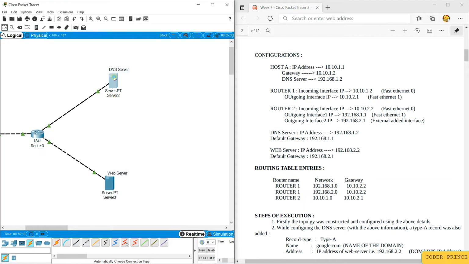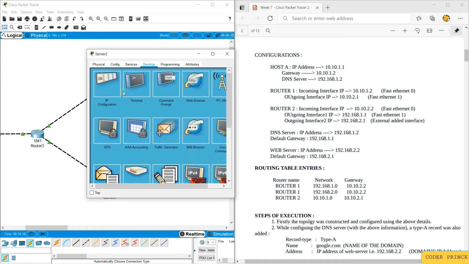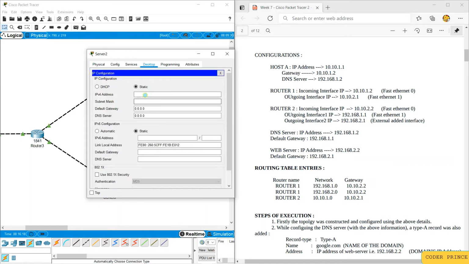So let's configure the DNS server. Here you have to go to desktop IP configuration and in IP4 address you have to provide 192.168.1.2 and your default gateway to be 192.168.1.1. and close this.